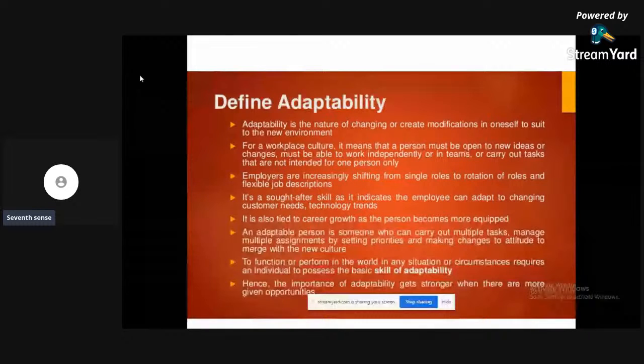They are ready to take on more and more work. Such people are adaptable in nature. So adaptability is exactly the opposite of what I explained: sitting in the comfort zone.